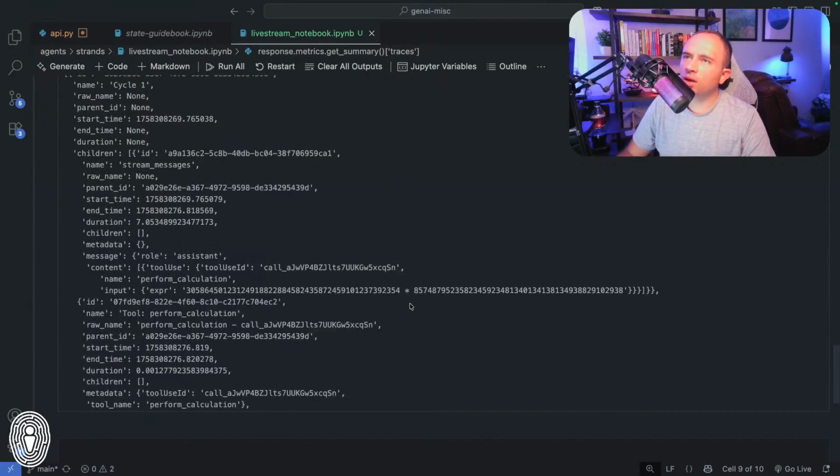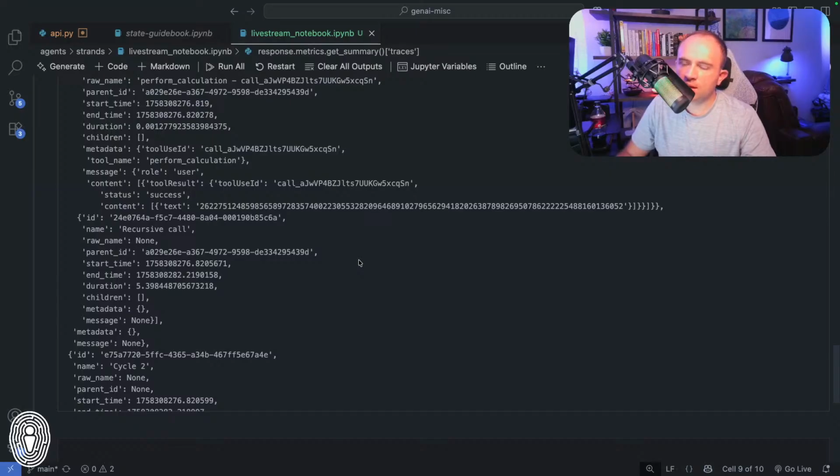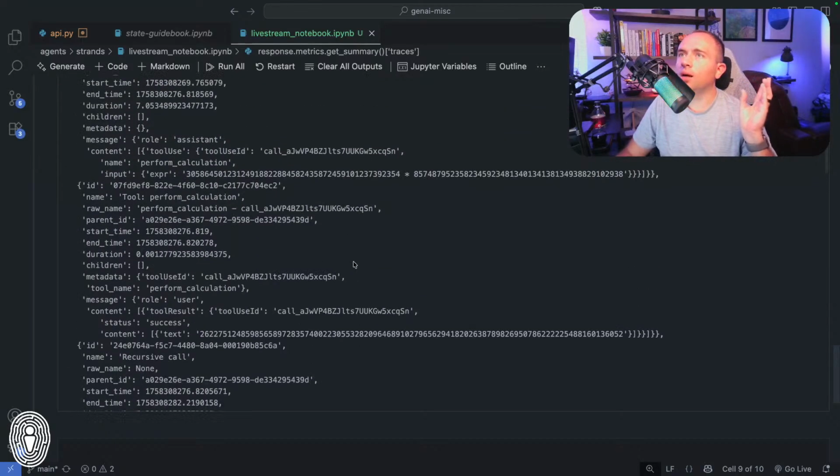Oh, it's just noting, I forgot that it actually keeps track of the traces of everything that it did. So the reason it's got 4 cycles is it's counting the two that we invoked when we wanted to produce the response around the calculation. And you can see here, that's what this is doing.